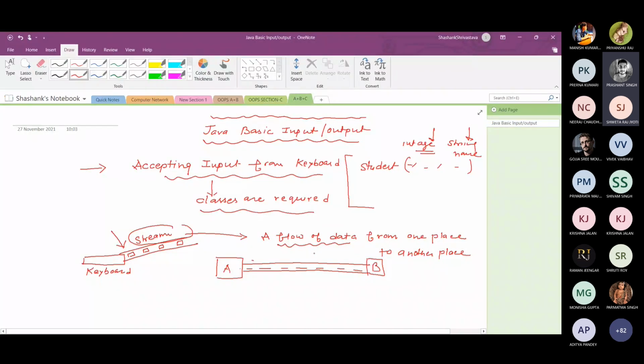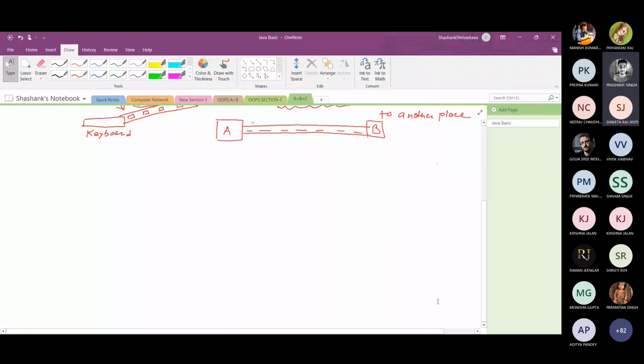Okay, so in Java there are two types of streams. One is the input stream and another one is the output stream.